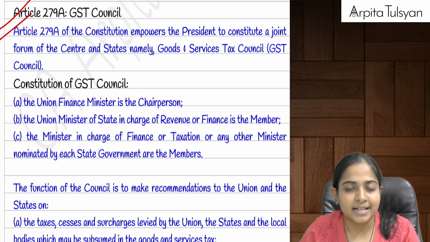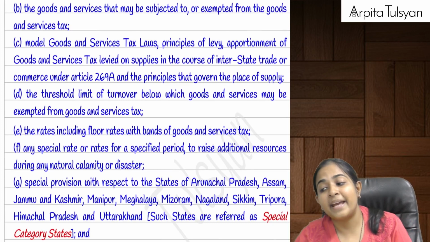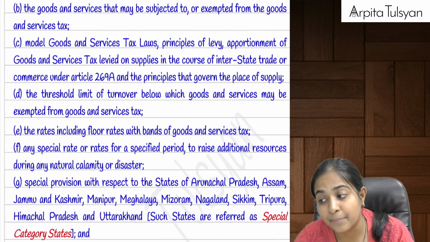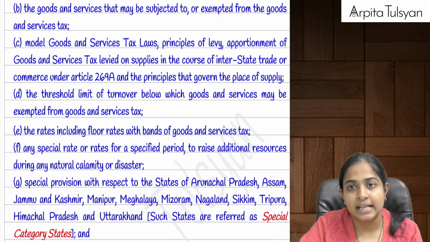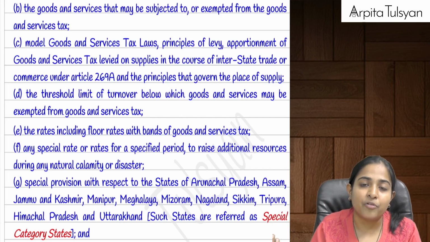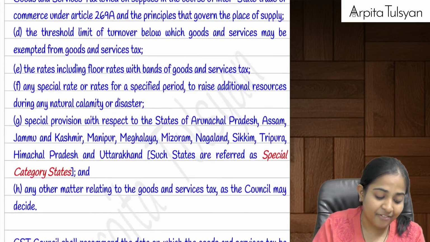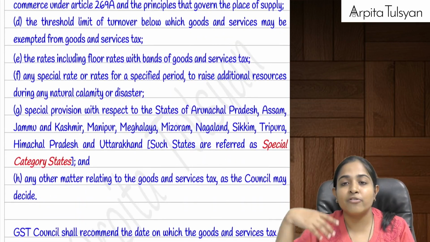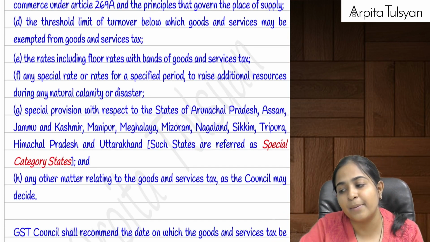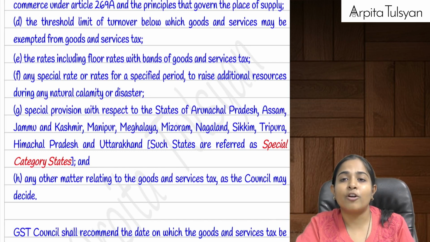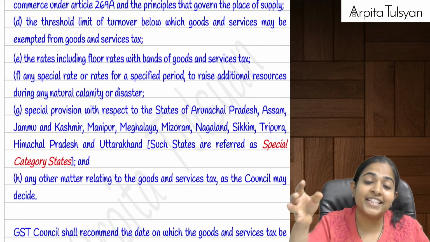That is, how much percentage of GST should be levied. Then which products should be exempted, which products should be made taxable. Then we will also notify some states, which were economically backward states which we want to bring at par with other states. So some states will be classified as special category states, which will be given some special exemptions, or some special provisions will be made applicable to them. Then what will be the threshold limit for registrations, then how the IGST will be apportioned between